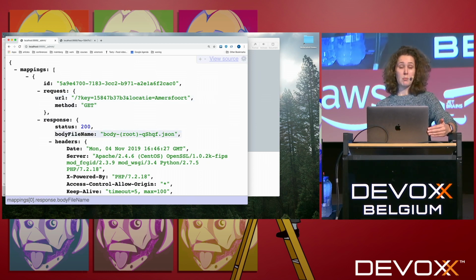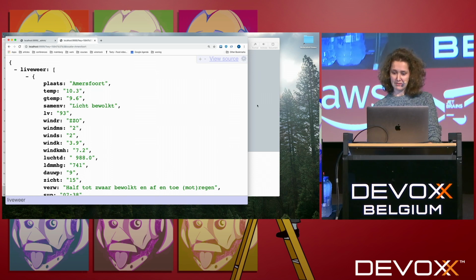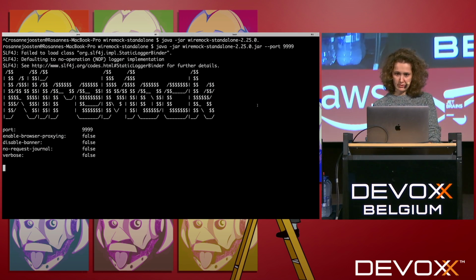I'm going to return a body file. So not only in the first example I showed you, where you had this actual body written right here, but you can also refer to a file. And now when I call it, we get the data from Wiremock. And if you don't believe me, which you shouldn't,